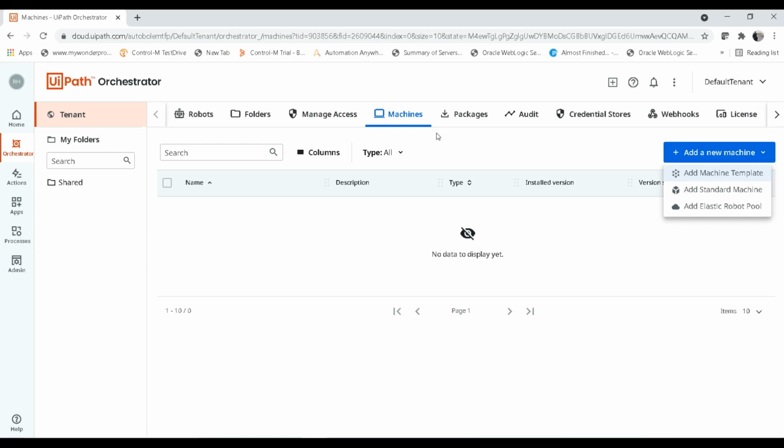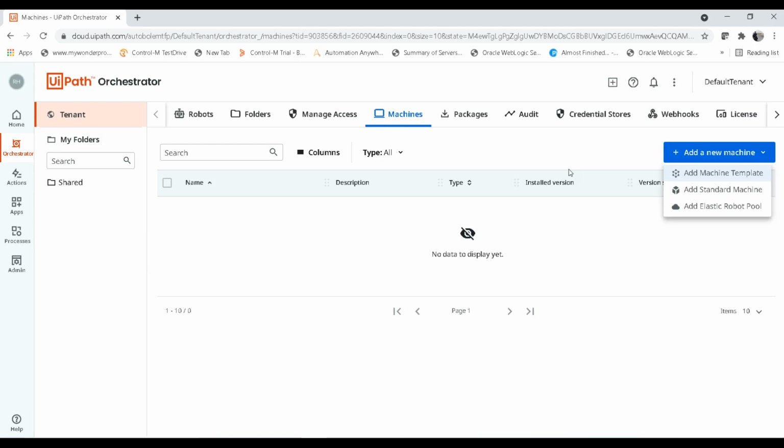It means I cannot use the system details to connect to the orchestrator. In that case, we have to use a floating template, or we can call it an add machine template. Or if you're going to use a static machine, like if I have one laptop and I'm going to use the same laptop regularly, I can use the system details to connect to the orchestrator.